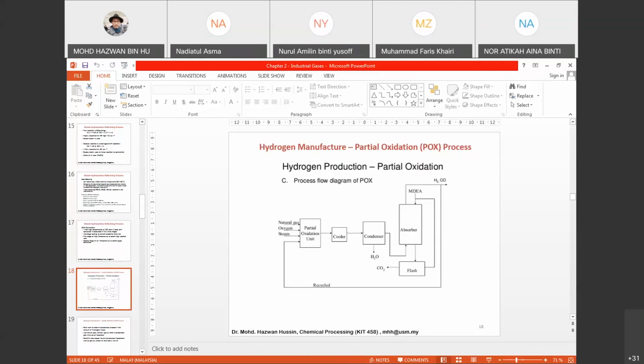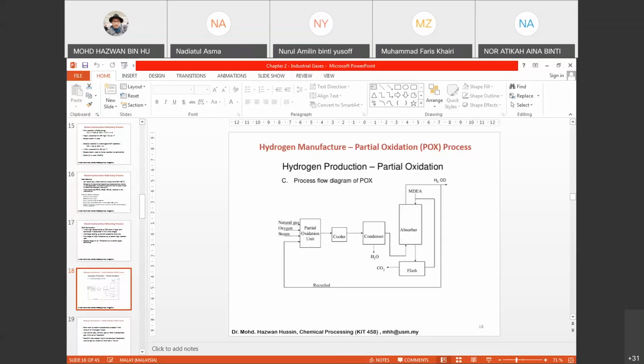If you notice over here, the natural gas will be pumped into the partial oxidation unit together with oxygen gas and steam. If you compare with the steam reforming process, the steam reforming process just reacts the hydrocarbons with steam. Meanwhile, for this process, the name itself, oxidation, means that it requires the use of oxygen. That is why you will notice that one of the main ingredients for this process is oxygen and also steam, right? So it goes into the oxidation unit, and after that it goes into the chiller, condenser,